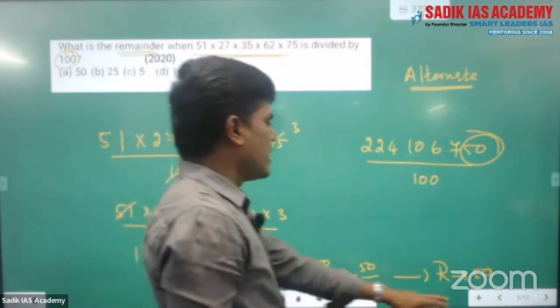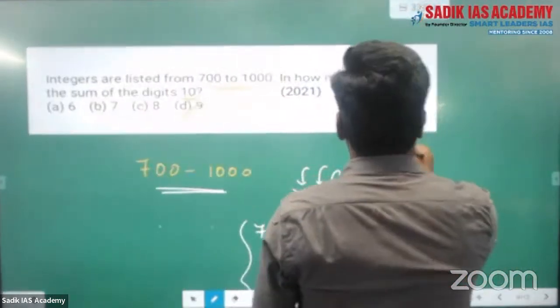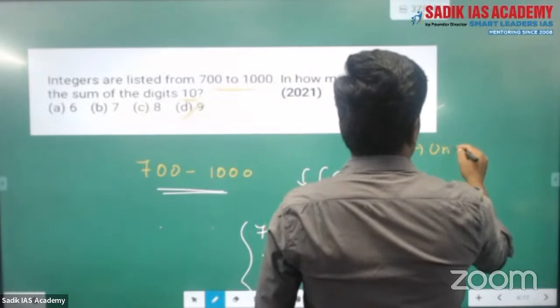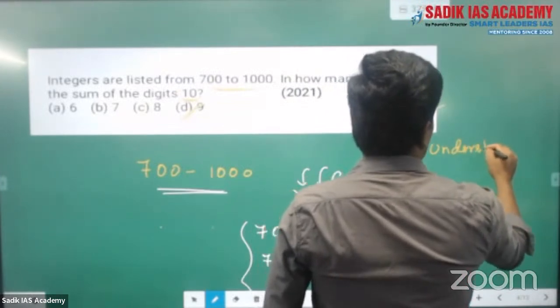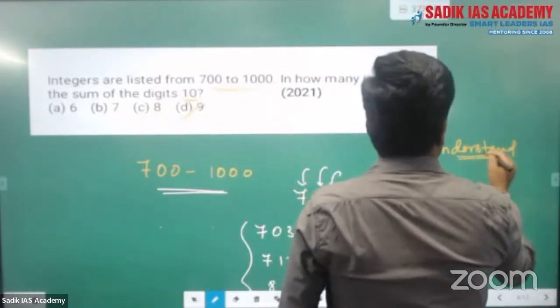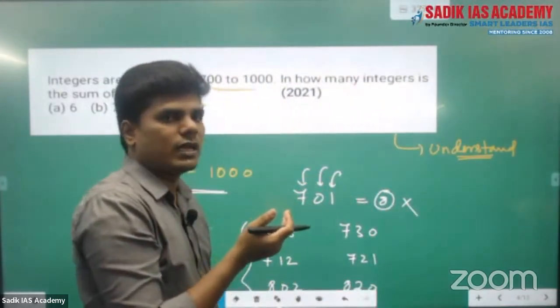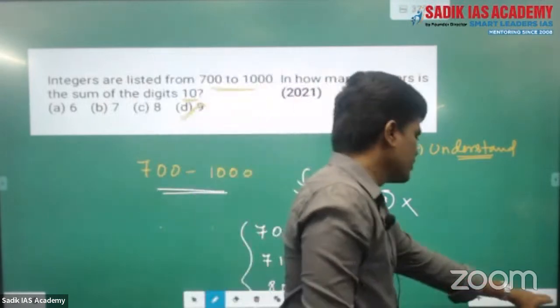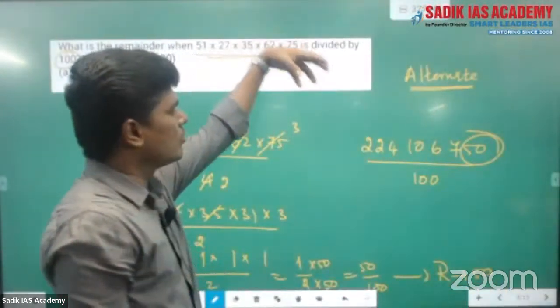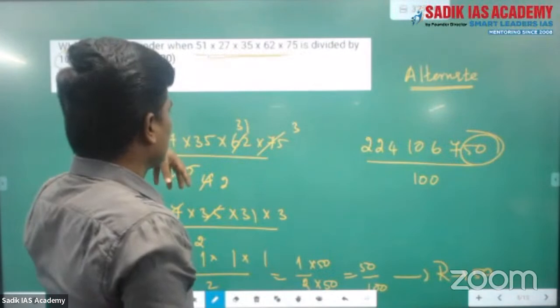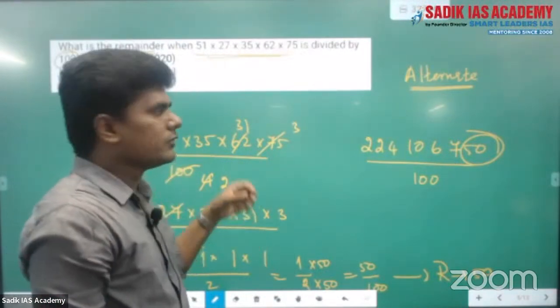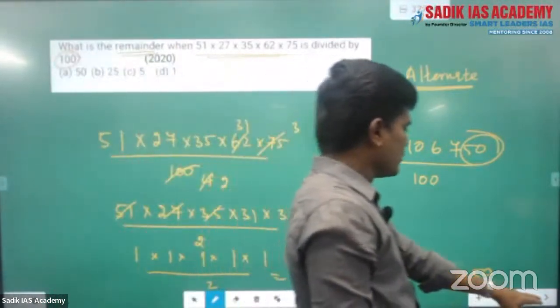First one, as per the questions, you have to understand the question. As per the question, you have to answer. You cannot use a formula or any alternate method. So the second type, either you can go conventionally or you can go through the alternate method. So this is the second type. The third one,